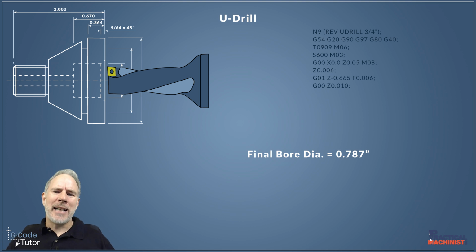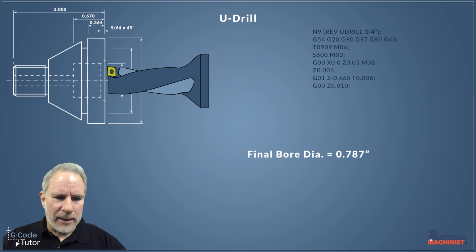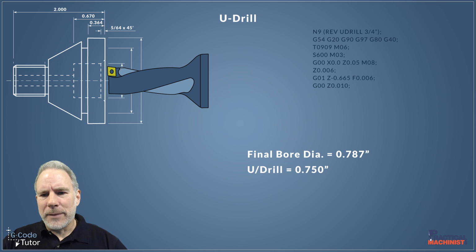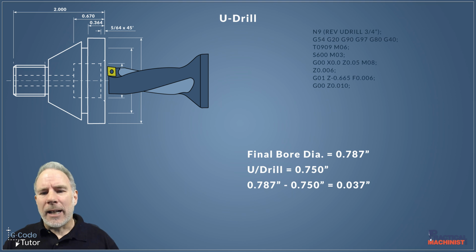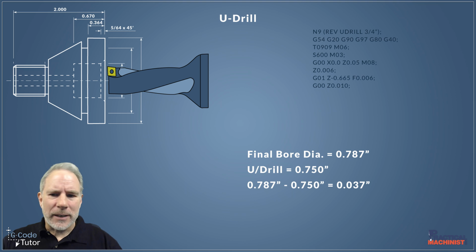So our final bore size is 0.787 of an inch. Now we can't quite see it at the moment, the U-drill is covering that part of the drawing, but that's what the finished bore size is. Now our U-drill is 3/4 of an inch, so if we take one away from the other, we're left with 37 thou. Because we are working in diameters and not radiuses when we're calculating our X offsets, that's important to remember, so we can take those numbers whole. So we take our 3/4 of an inch drill and the size of our bore, minus one from the other, gives us 37 thou. So that's what we need to offset our U-drill by to make that bore its finished size.